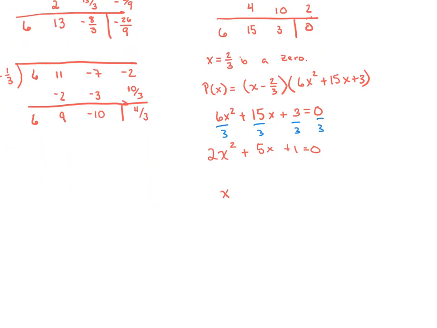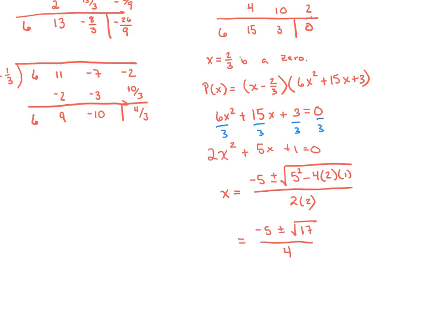And so x equals negative 5 plus or minus the square root of 5 squared minus 4 times 2 times 1, all over 2 times 2. So this equals negative 5 plus or minus the square root of 25 minus 8